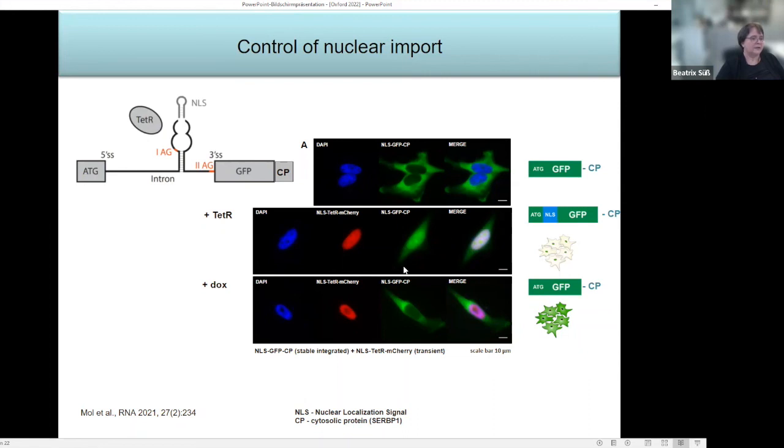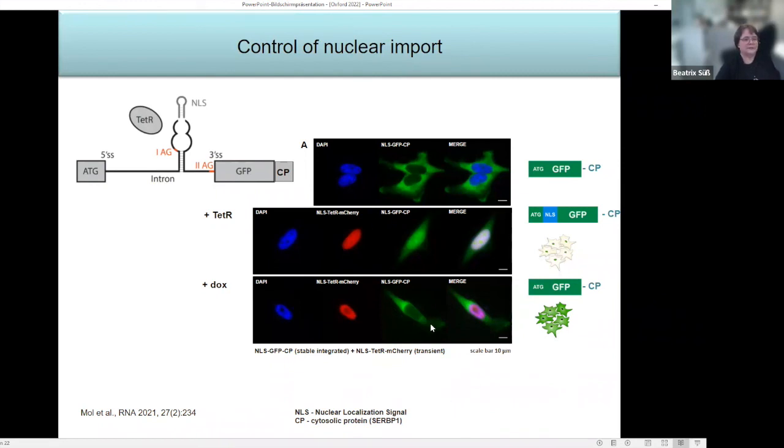And then this completely moves GFP into the nucleus. Yeah, if you distinguish between here and here. And then if you add doxycycline, you can revert this effect, and you can find the GFP back in the cytoplasm. So this worked excellent, and we hope that many people see this and then may apply our system,